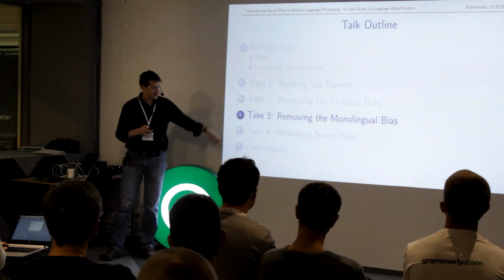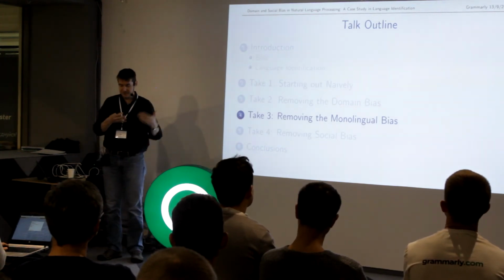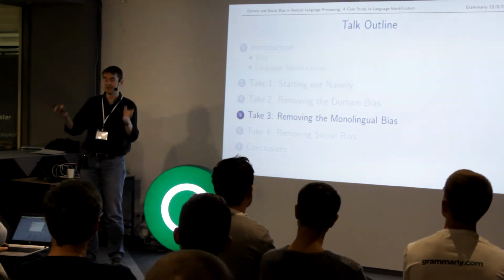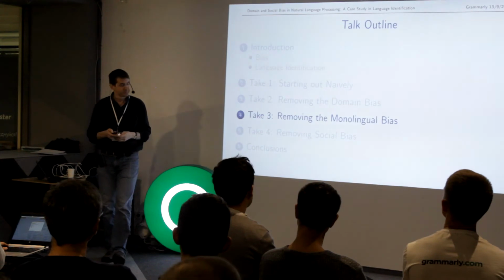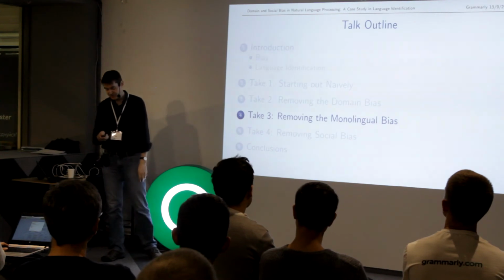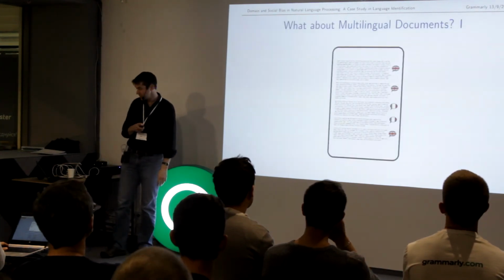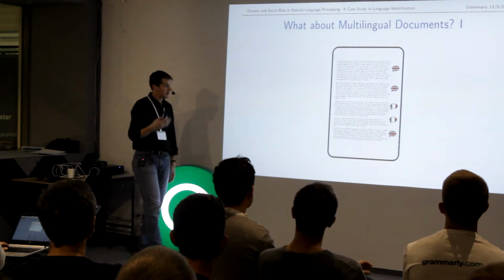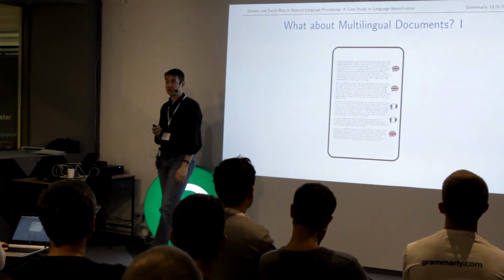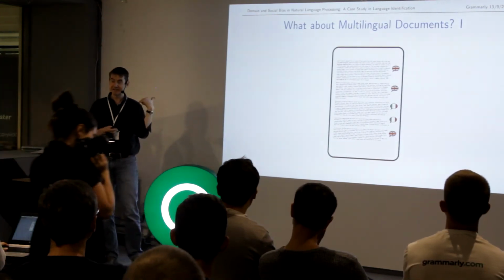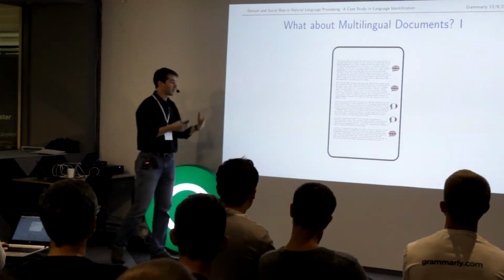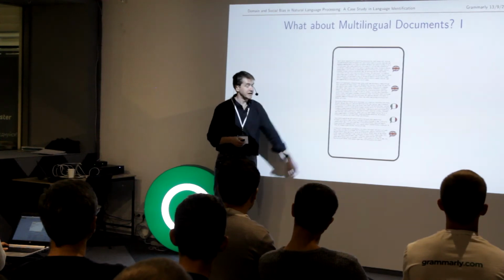Let me talk quickly about one of the other assumptions we make in terms of multilingual bias. So we're making assumptions that every document has a single language. And I'll go over this somewhat quickly so that I have time to talk about social bias. What I mean by multilingual bias is the reality that a lot of documents out there actually contain multiple languages. Whether we believe with our English example that's the case with just those bits of French, or whether we're after something which is coarser grained than that,